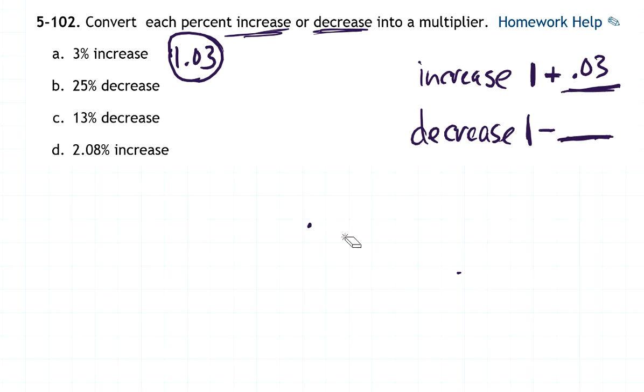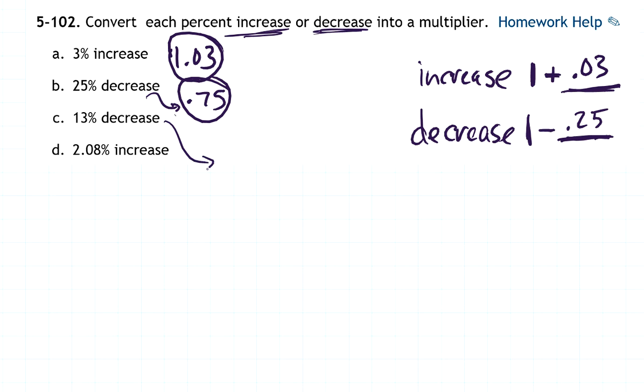So for B, for example, I've got a 25% decrease. That's 1 minus 0.25. So this would be 0.75, right? That would reflect a 25% decrease each time. Another way to think about it is if you're decreasing by 25%, 75% remains. So you keep multiplying by 0.75, and every single time you multiply by 0.75, 25% is going away,